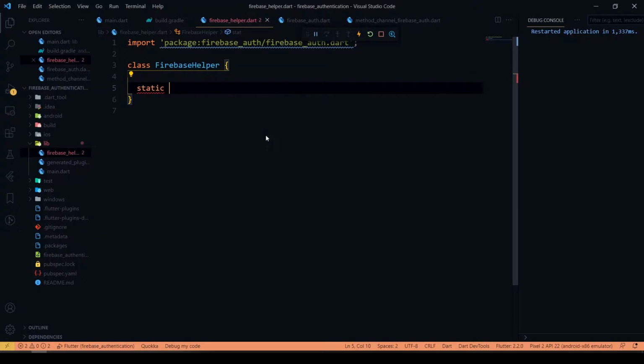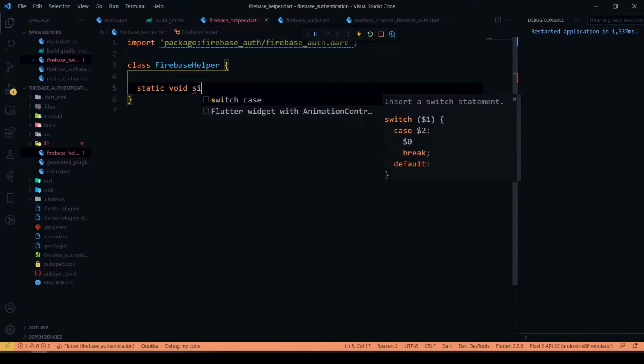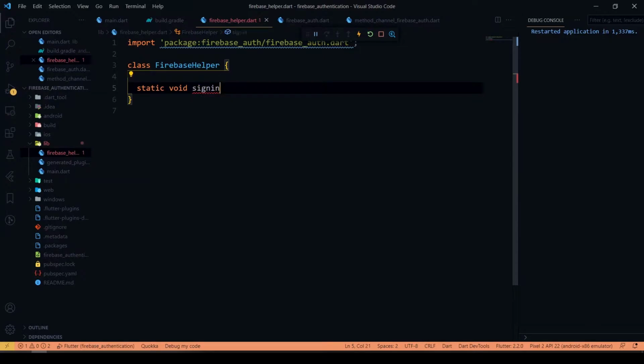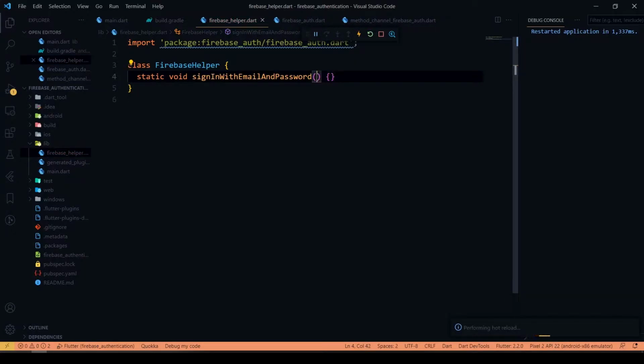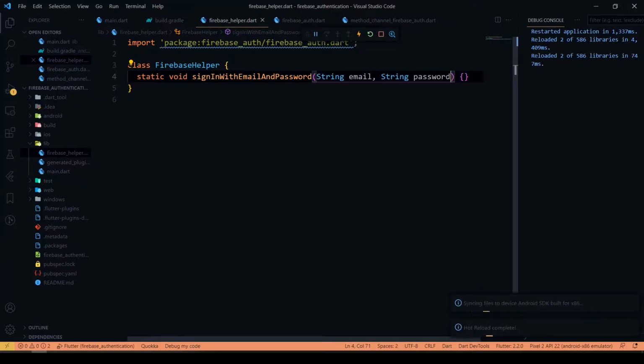I'll just create a function. I'm going to take two arguments here, email and another one is password.